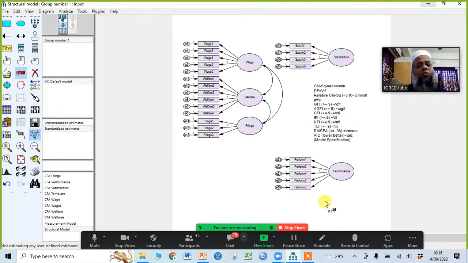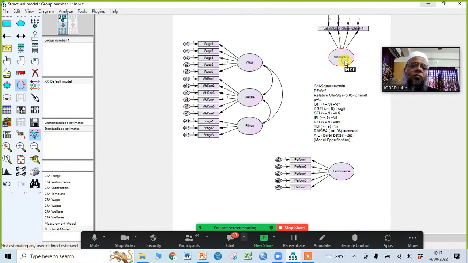Okay, so we will move the performance indicators to the right side and satisfaction to the above, for the beautification of our model. So how can we do this? We have the rotate the indicators of the latent variable tool. If you take this one and click over here, see it is in the above.